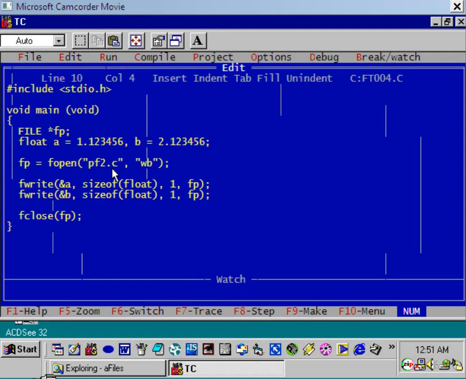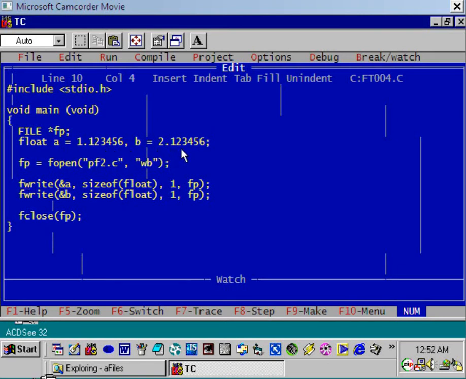You see, if you store the value 1.123456 using a text file, then how many characters will be required? 1, 2, 3, 4, 5, 6, 7, 8. So 8 characters are required to store the content of a in text mode. Similarly, 8 characters are required to store the content of b in text mode.